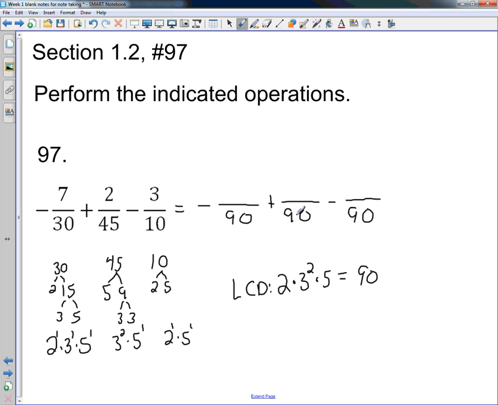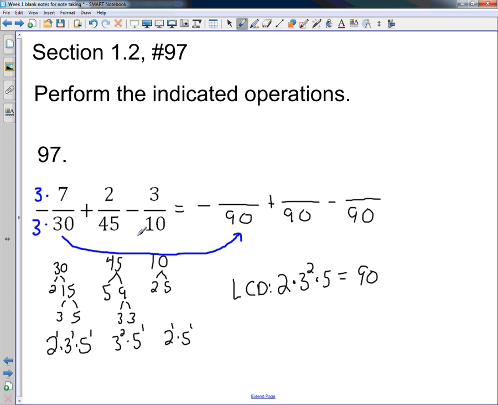And now we just have to figure out how to get there. Well, let's look at our first fraction. I want to figure out what's it going to take, what do I need to multiply by to get from 30 to 90. 3 times 30 will get me 90,